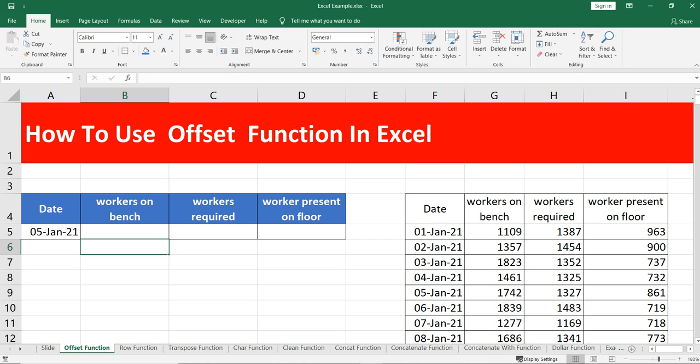So let's say that you have a worksheet that has dates and the workers required in your workspace, and suddenly your manager asks you to create a single row table that will give the specific information: how many workers are required on that specific day, how many workers are on the bench, and how many workers are present on the floor right now. So I have created this data set where I have dates, then the workers on the